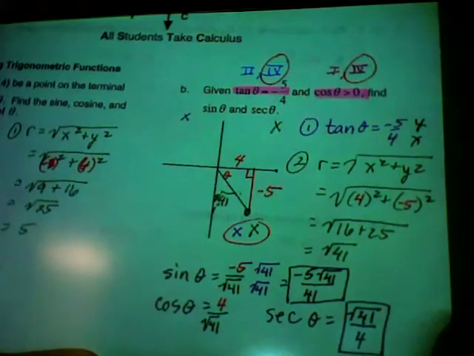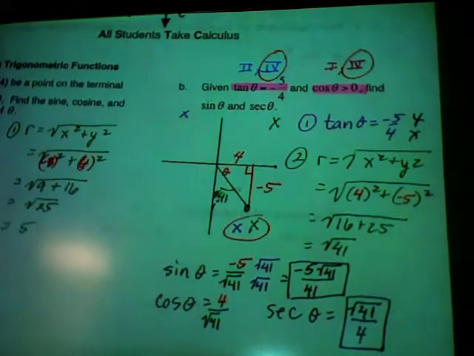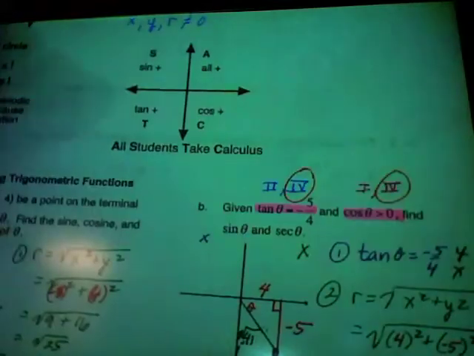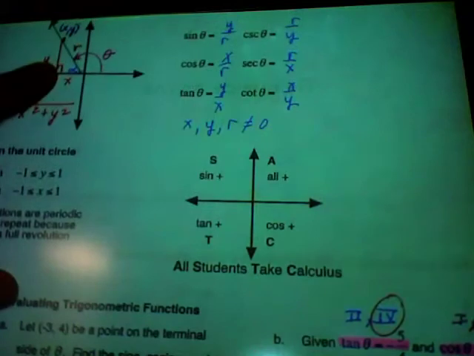And did your cosine turn out to be positive in the fourth quadrant? All students take calculus, right? So that worked, yes. Could you explain how you actually figure that out? Like, how do you know that tan is negative in those quadrants? Mostly because, I mean, we could look at this in each and every quadrant and see the